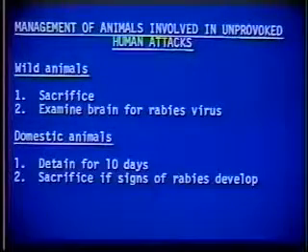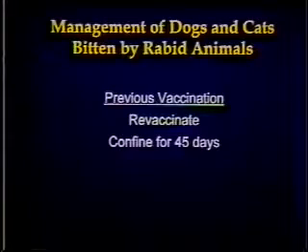If it is a domestic animal, the first step is that this animal is detained for 10 days. The reason for the 10 days is that if the attack occurred as a result of rabies infection, then within those 10 days, that animal will continue to show clinical signs of rabies. This changes, of course, if the animal has been bitten by another rabid animal, and in that case, the animal is handled differently depending upon the circumstances of